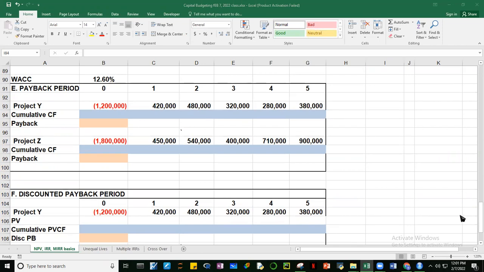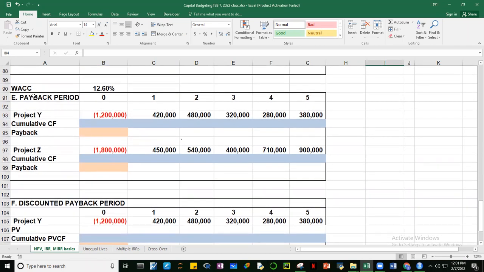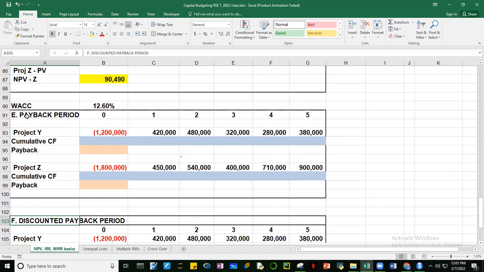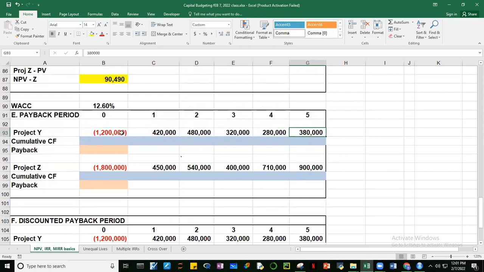All right, then let's go to the last one, guys, yung payback period natin. Sabi natin dalawang klaseng payback, yung ordinary na payback at saka yung discounted payback. The difference between them is that itong si ordinary payback, ang ginagamit natin yung original cash flows. And then we add them. Ina-add natin to. Kaya nga sabi natin, this violates the time value of money kasi hindi naman pwede i-add yung mga cash flows na to. Okay? But anyway, let's go through this.